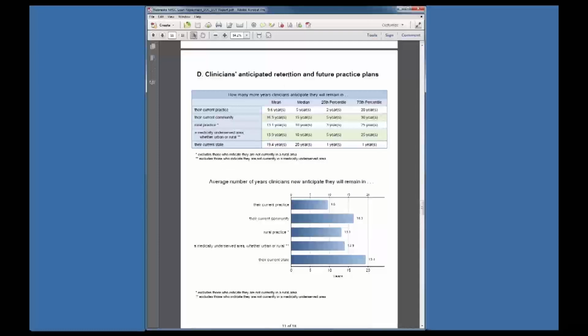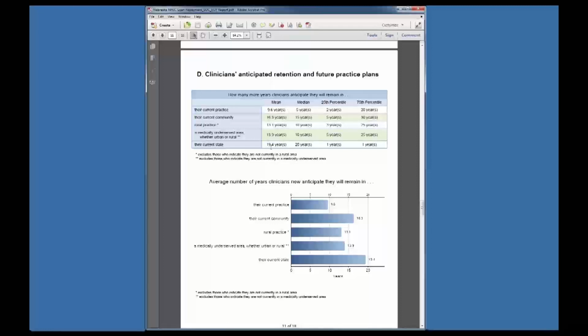It's obviously the clinician's guess at this time, but the guess to this question, at least up to 5 years out, tends to be very predictive. If people say I'm leaving within the year, the vast majority of them will leave in about a year. And if they say they're going to stay 3 years or 5 years, that's pretty predictive of what they'll do. So this is your best outcome right now for retention.